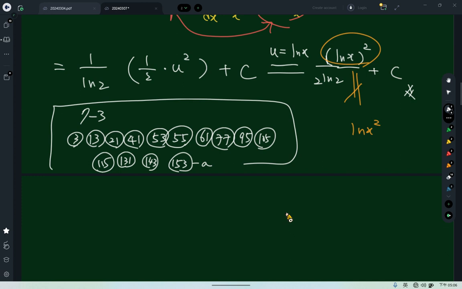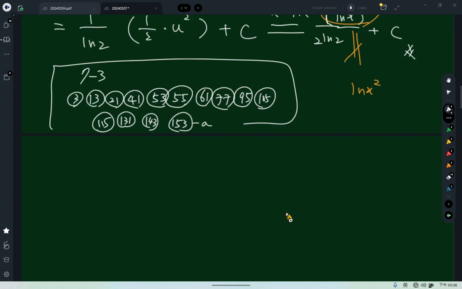Sorry, let me check. Okay, I found it. So we just skip section 4 and directly go into section 5. Section 5 is